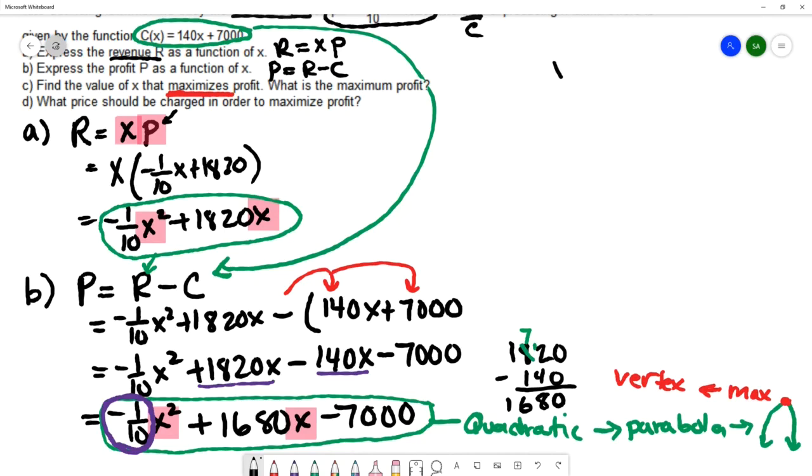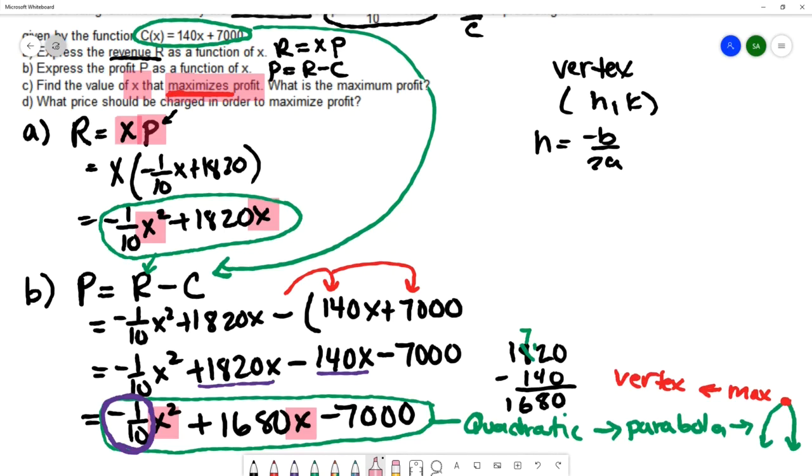The vertex of a parabola will be the ordered pair (h, k), and we have a formula for h. That formula is h equals negative b over 2a. So we're going to be able to find the value of x that maximizes the profit by finding the vertex